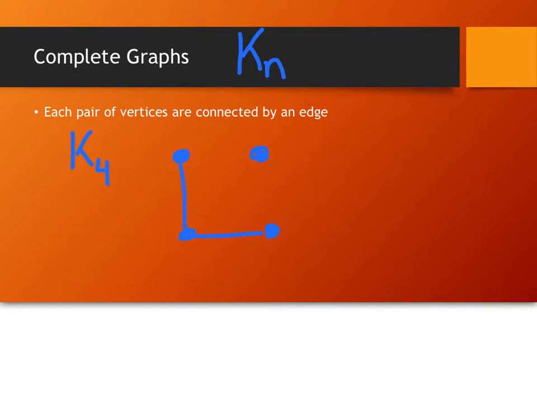And what makes it a complete graph is that every single connection possible is made. All right? So if I take my 4 vertices, each vertex is connected to the other vertices. So each pair of vertices is connected by an edge. And this allows not just for one Hamilton path or one Hamilton circuit, but it turns out because this is